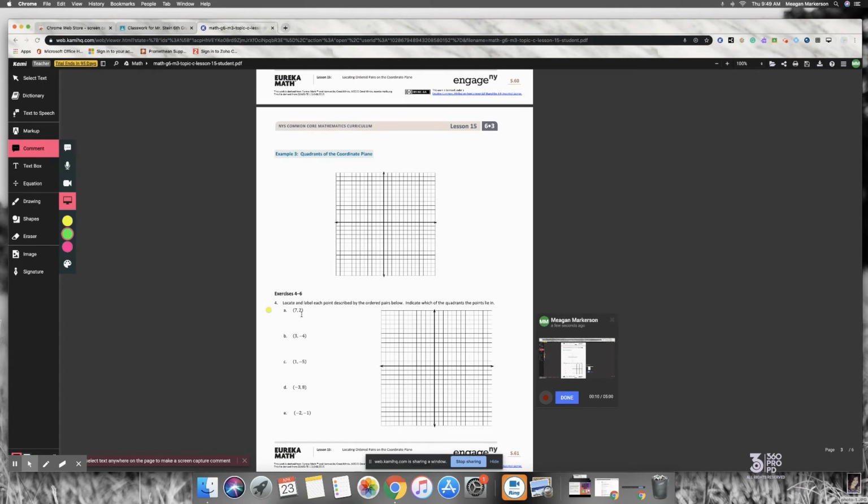plane. This first ordered pair is 7, 2. I know that these are both positive numbers, so they're going to be located in quadrant 1 based on the discussions we've already had. I know 7 is my x-axis, so I need to count over 7 on the x-axis here. And then I know 2 is my y-axis and it's positive, so I'm going to move up, and there's my